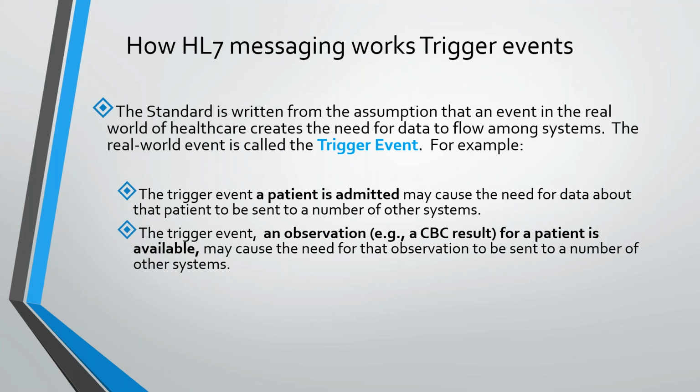And that an event in the real world of healthcare creates the need for data flow from one system to another. So that real world event, which is creating the necessity for data to flow, is called a trigger event. There are a couple of examples. Patient admitted to hospital. So this will raise the requirement of data moving from the PM system to the EHR system. And an observation, basically a lab order being placed in the EHR, will be sent over to the